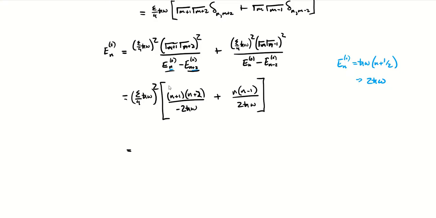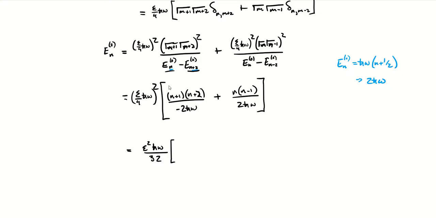And we can keep going with this and do a little more algebra and simplification. If we take this square, we're going to get epsilon squared h bar omega squared over, this is going to be 16. If we factor out this 1 over 2, this is going to be 32. Factor out that h bar omega in the denominator, these exponents go away. So we have that,